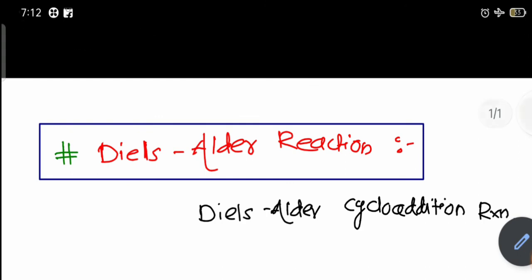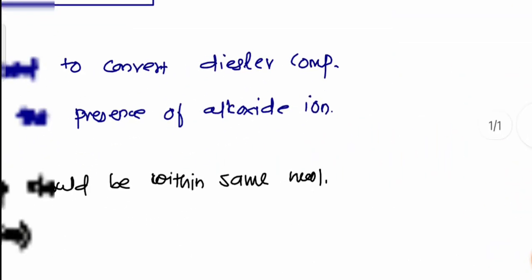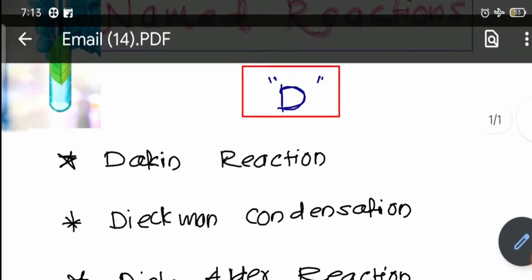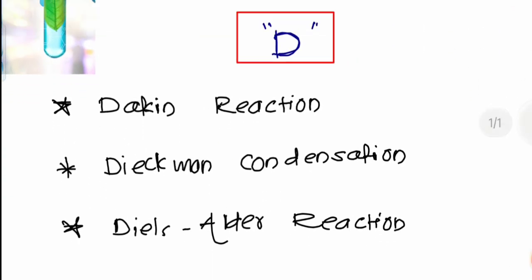So these are the three important reactions from the family of D category. The first reaction is a Dakin reaction, the second is a Dieckmann, and the third is the Diels-Alder reaction. There are many more reactions in the family of D also. Another example is the Darzens condensation reaction, which is also well known. In this way, we can learn these reactions by using statements, reaction schemes, mechanisms, and some examples. Very important reactions from your syllabus point of view as well as your competitive exam point of view.